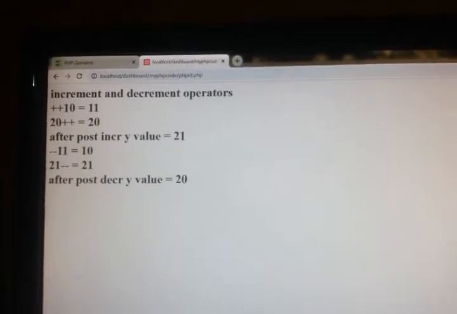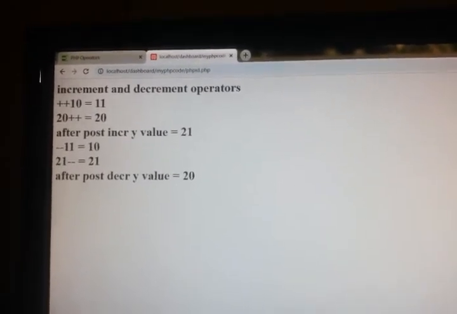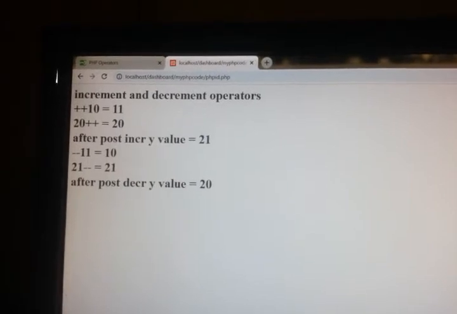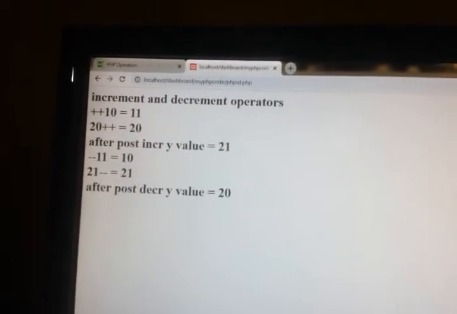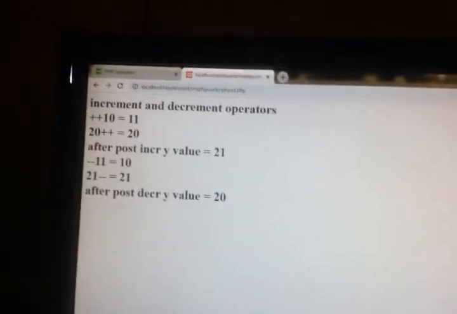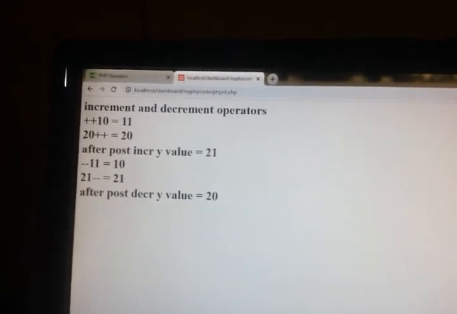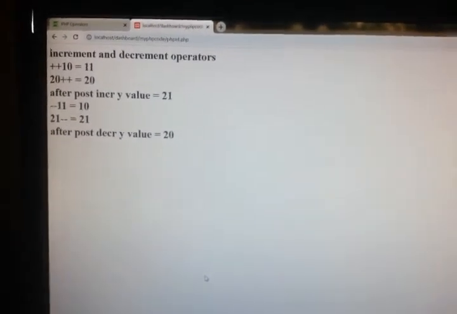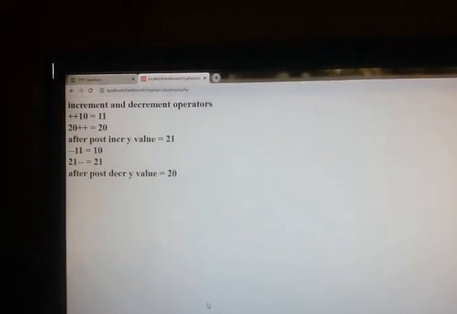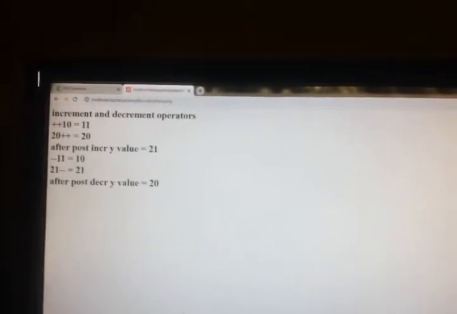Now you see plus 10 we got 11, 20 plus is equal to 20. Now after post increment y value, which is about 20, is now changed to 21. So later on when we are trying to use that post incremented value, we can see the effect, the change in the value, that is 20 plus 1 has become 21.